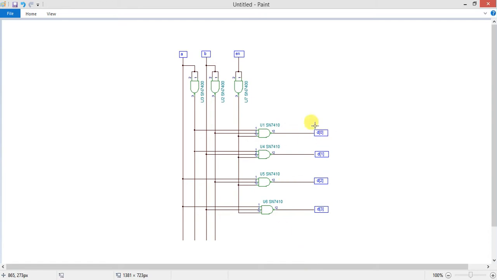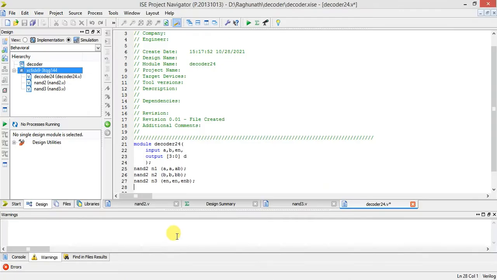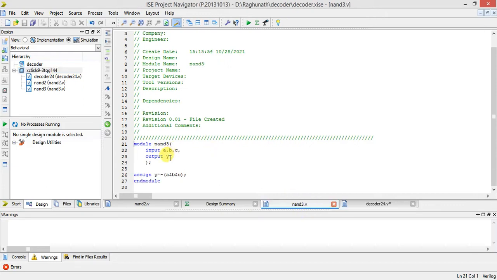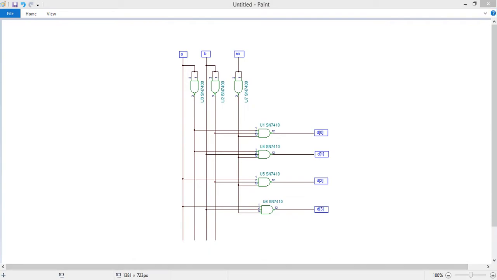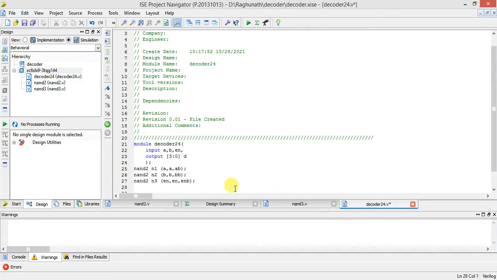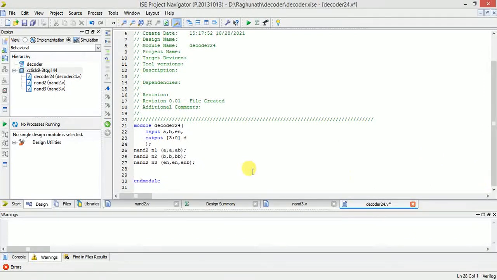Now I have to get the three input NAND gates, and for these three input NAND gates you have to connect enable bar, then A bar, B bar. Next, again for the three input NAND gate, you give the three inputs followed by the output. So now I am going to the decoder. I have to use NAND three inputs. I have to use enable bar for all of D0, D1, D2, D3, because only for enable bar do we have to show the output.